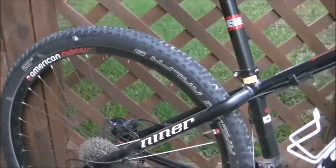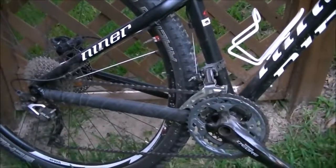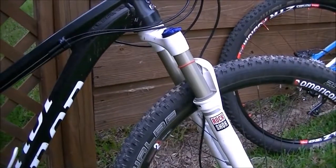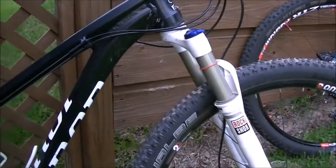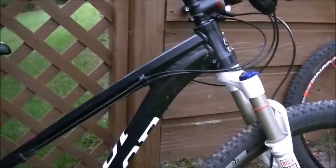29ers allow the bumps to be a little bit smoother because the angle of attack over the bumps is a little bit more shallow than a smaller wheel size. Most hardtails will have a fork that's between 80 to 120 millimeters of travel. There are a few anomalies out there, bike companies that are making